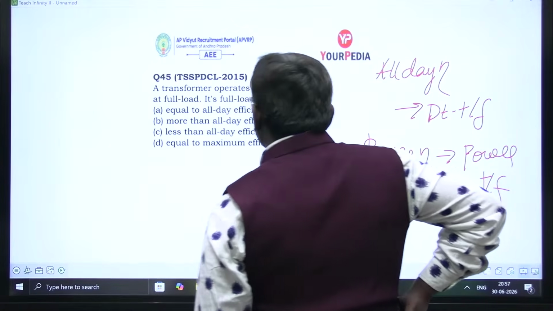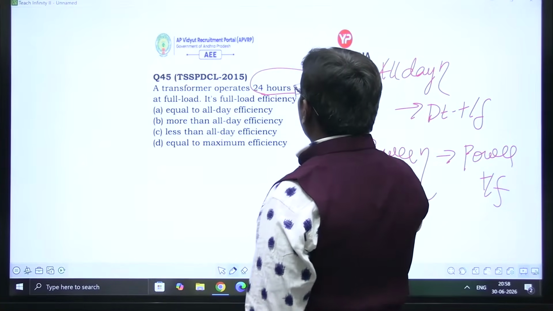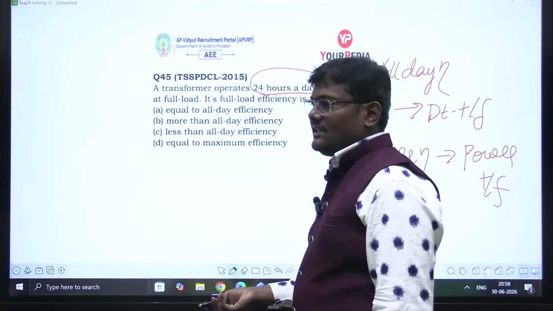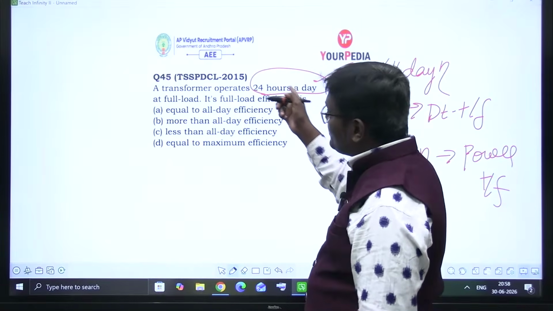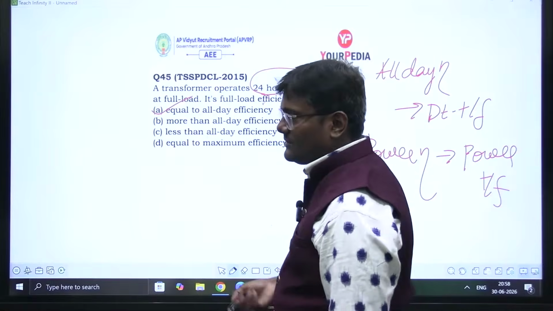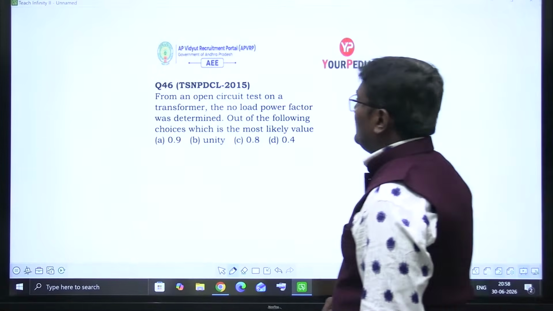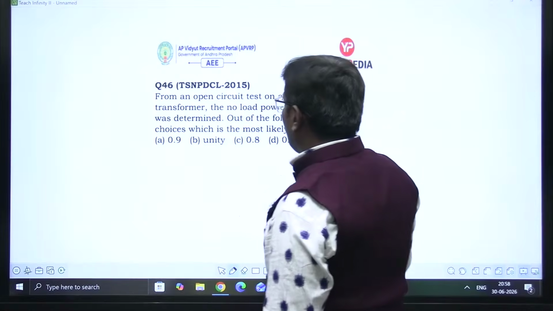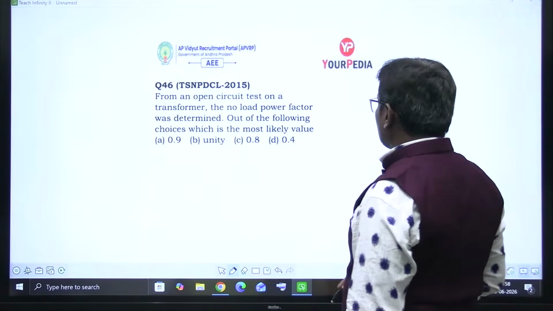All day efficiency. A transformer operates 24 hours a day. Day means obviously it is a distribution transformer, but a distribution transformer is operating for 24 hours. So it is equal to all day efficiency. Full load efficiency equal to... From an open circuit test on a transformer, the